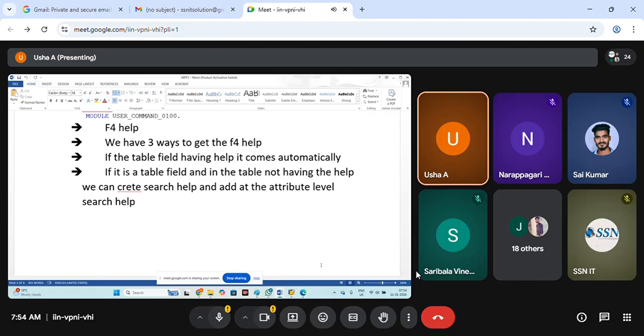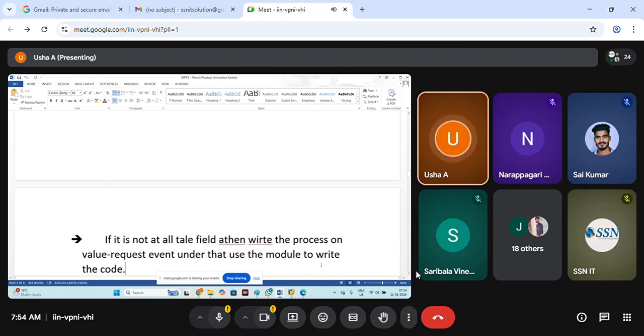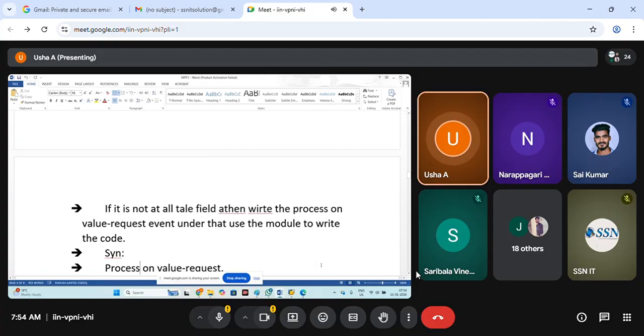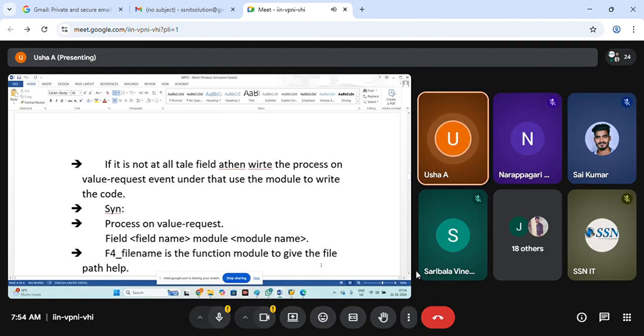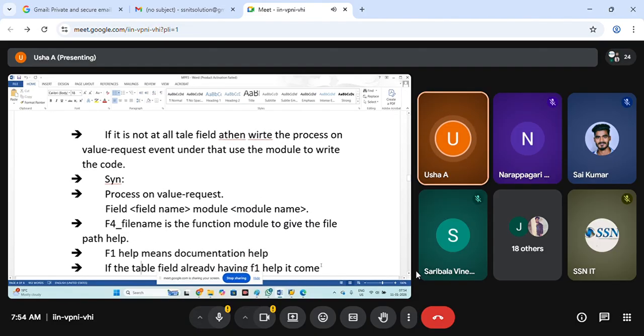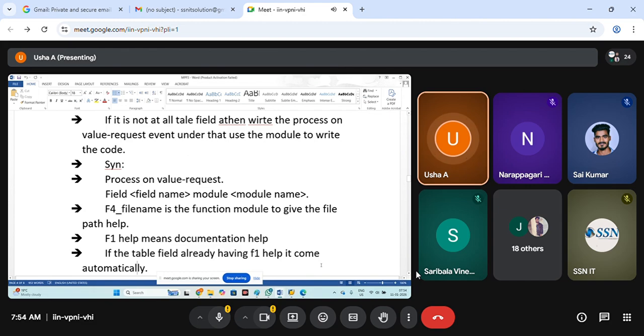Correct? This I have also shown. And if you want to write any code, then use the event called process on value request, and under that module write the code. F4_FILENAME is the function module to give the F4 help for the file path. So that is also listed here.